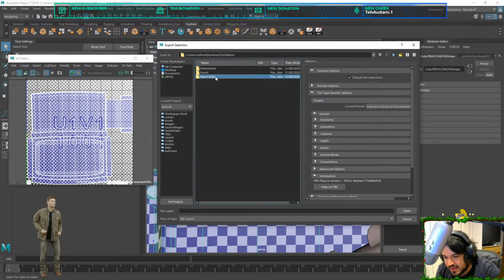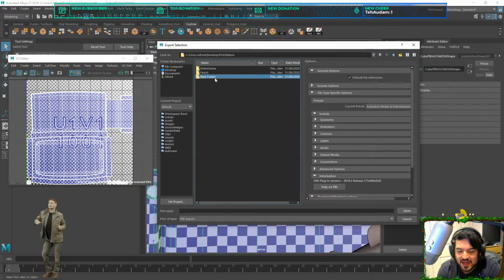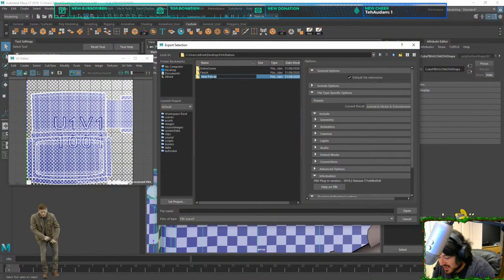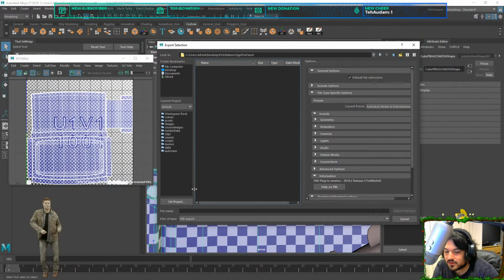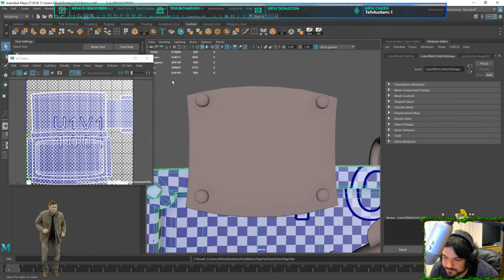I swear that's how you usually do it, right? I'm so used to pushing F2, it works. What are we gonna call this? Sign for fish? Wait, I spelled fish wrong. There you go. The fish sign.